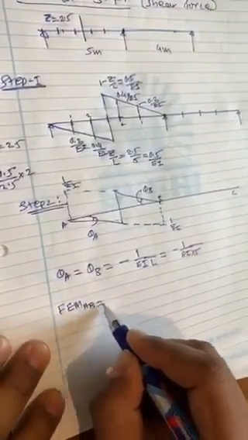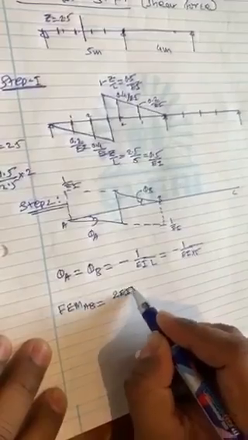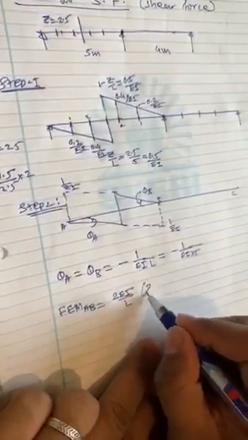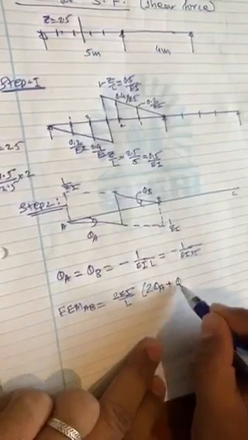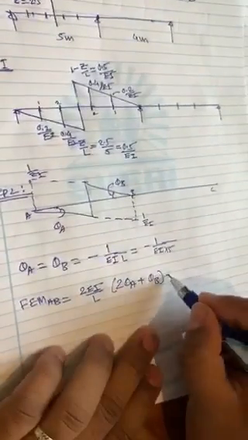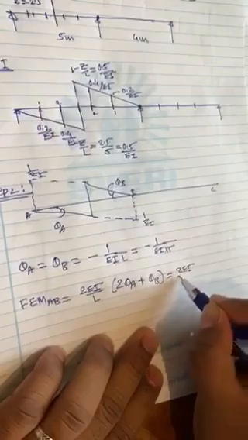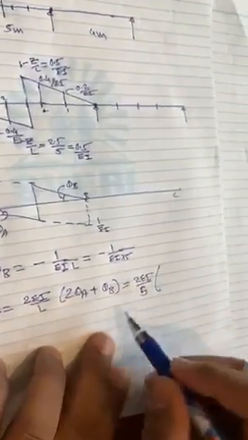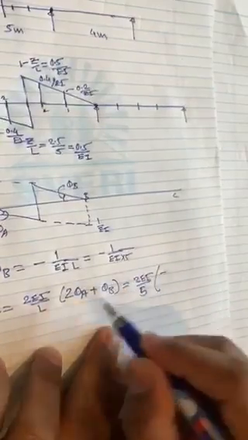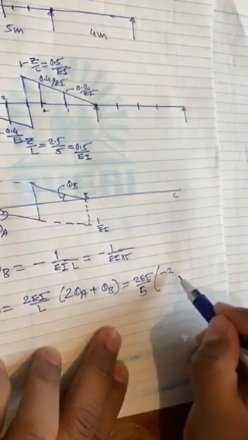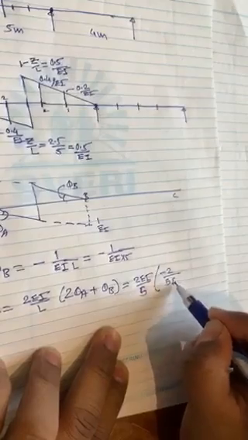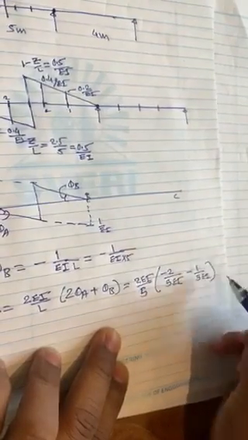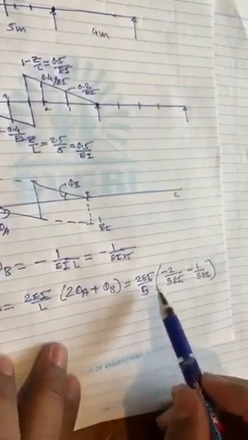FEM AB will be 2 EI by L in bracket 2 theta A plus theta B. Okay, so let us put 2 EI by 5, L is 5, in bracket both are minus, so minus 2 by 5 EI minus 1 by 5 EI. And if you do this,